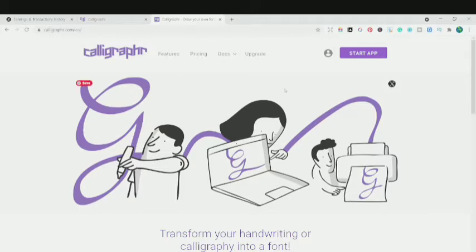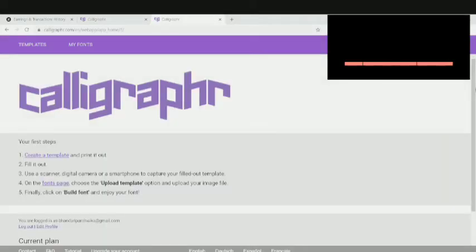So when you go over to this website, guys, please log in and you can make your free account on this platform. They have the pricing also, and it's free also. So in the very beginning, we can go with the free plan as well. You don't need to pay for it. You can sign in for the free plan. And after logging in, you're going to see this is the home page of the calligrapher. So I'm going to go over to the start the app section over here.